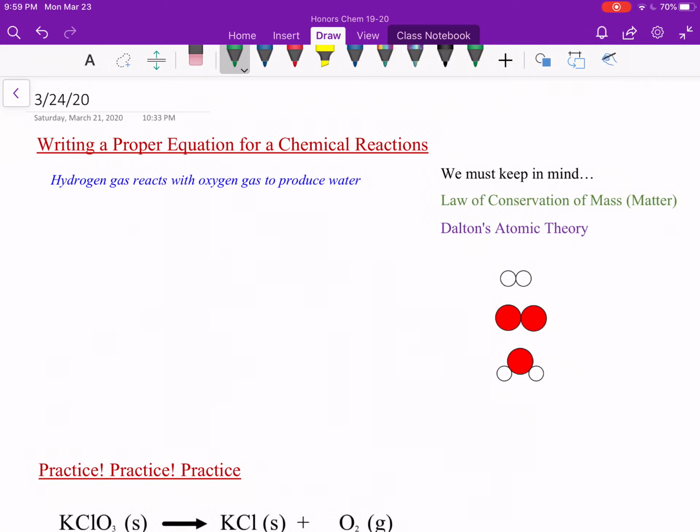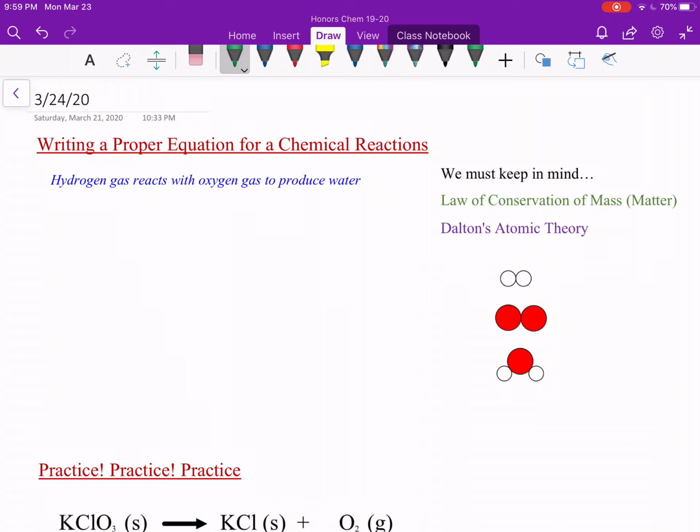Today we're going to be looking at how to balance chemical reactions. And so in order to be able to balance a chemical reaction, the first thing we have to do is be able to write the proper chemical equation for a given reaction. So we're going to use the one you see here where we have hydrogen gas reacting with oxygen gas to